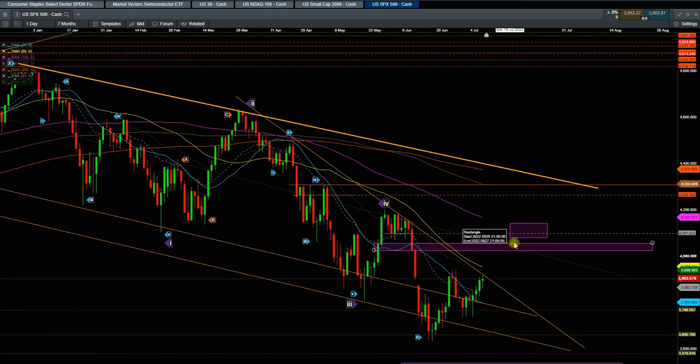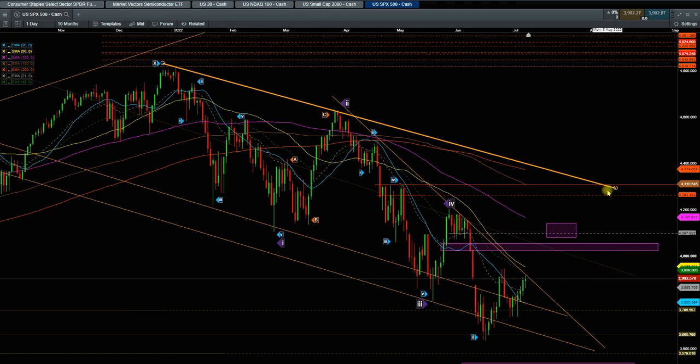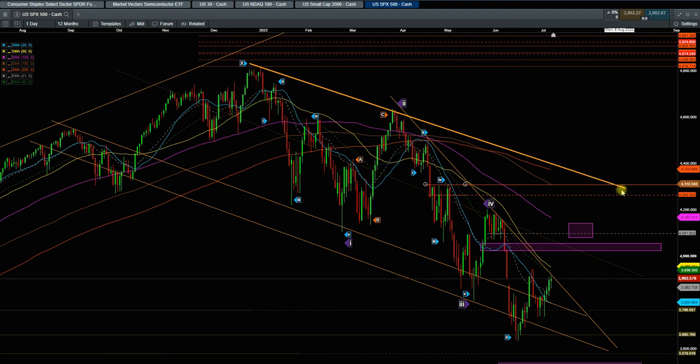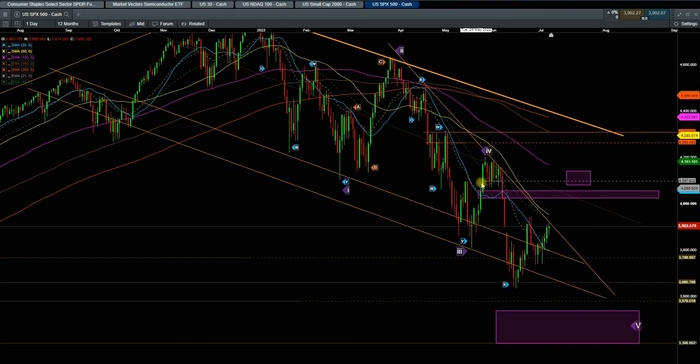I would say this is the first one, this is the second one, but I'm not sure if market has enough momentum above this rectangular, which is 4,100 in daily chart. If it goes above this, so I would say, okay, this one has a very nice momentum. We can go all the way up to here. So probably in end of the August, after like a zigzag, we can see amid this trend line, which is a higher trend line of this bearish channel. So probably we are going to see another rollover to the downside to this volume. But anyway, so if we are